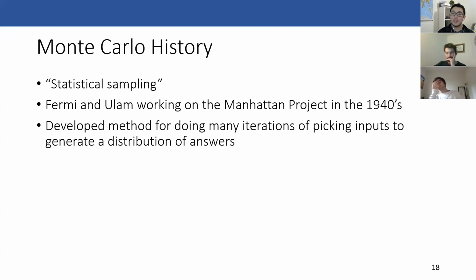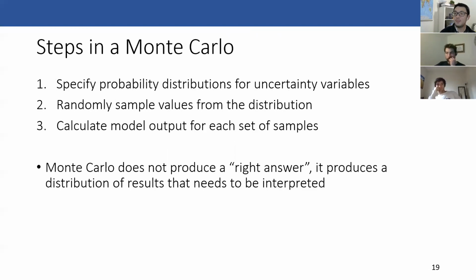So Monte Carlo is essentially a way of doing statistical sampling. It originated from the Manhattan Project in the 1940s. Essentially we're doing many iterations of picking inputs to generate a distribution of answers. So basically what I had just described, and to maybe formalize the steps a little bit, the way this works